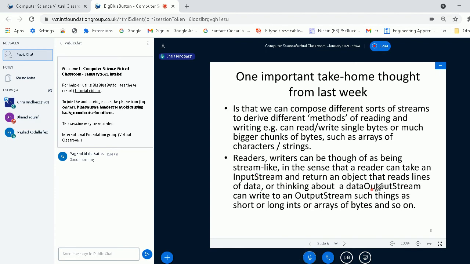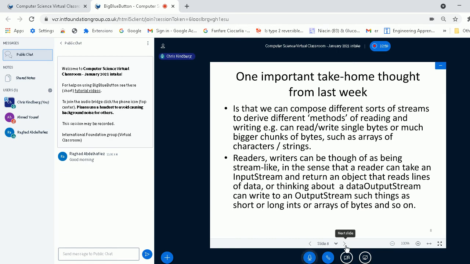Or a data output stream can be used to write to an output stream such things as long integers or arrays of bytes and so on.